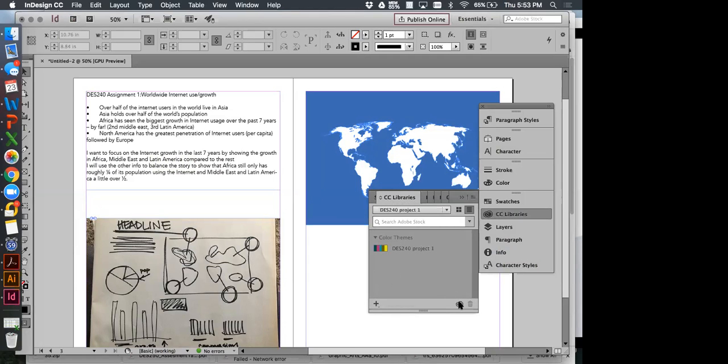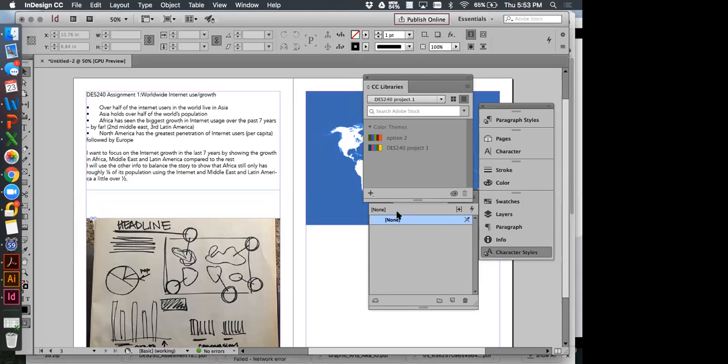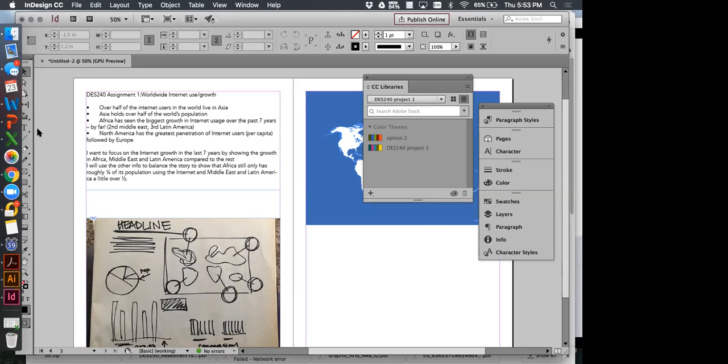Okay, so I'm going to refresh. You can refresh by clicking that little thing, and then you can see I have my option 2 right there. So let me move that out of the way here. And then I'm going to put these on the